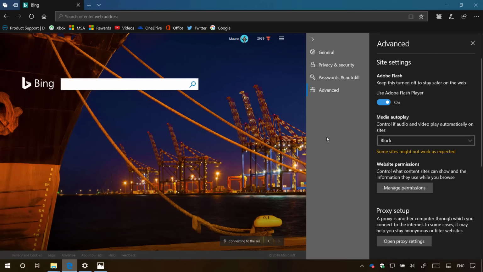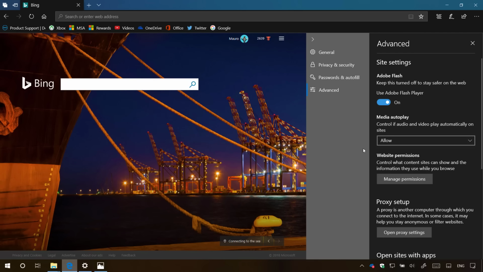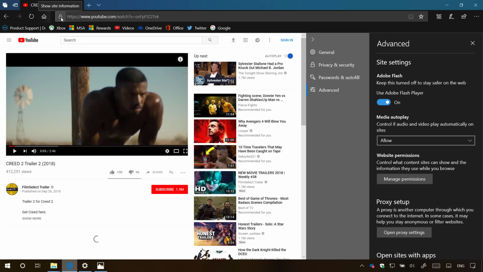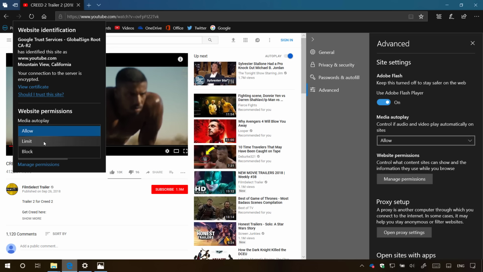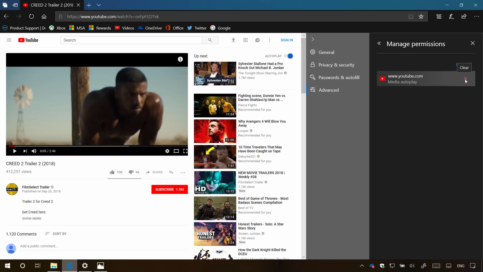In this new version of Microsoft Edge, you can configure media autoplay globally through the settings, or you can do it on a per website basis. For example, you can go to a website that plays videos automatically, and then if you want to change the media autoplay settings, just click the lock, and then under website permissions, click the media autoplay settings link, and then select the option. You can also click the clear permissions to reset the settings, and if you want to change the settings, you can come back and select another option, or you can also do it from the Microsoft Edge settings, and on website permission, just click the manage button and then delete the website that you want to reset the settings